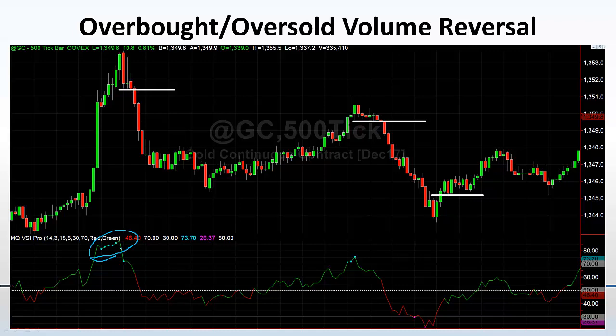We look for it to get extended, we look for volume to dry up, and then you look to sell when it breaks the previous 2 bars lows. So you'd sell right here because you broke bar number 1 and bar number 2, both their lows. Your stop goes above the high, and we look for it to accelerate in our direction. Boom, we accelerate right back down.